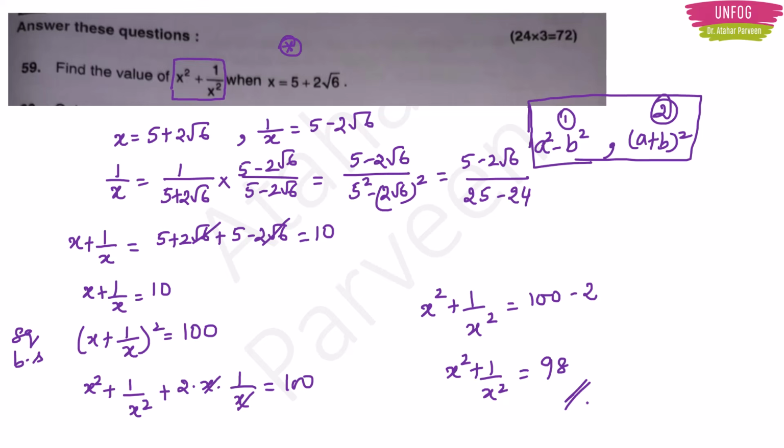So this is the final answer, and if you do this much you are going to get full 3 marks, right? It is in fact easy to score in the descriptive part, because if this is a 3 marks question, if you at least write the rationalization procedure, you may get 1 mark. Then if you know another identity, you may get 2 marks. After the third identity, if you go for the final answer, you will get full 3 marks.